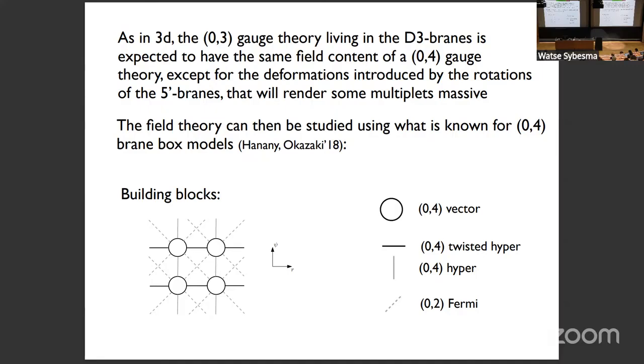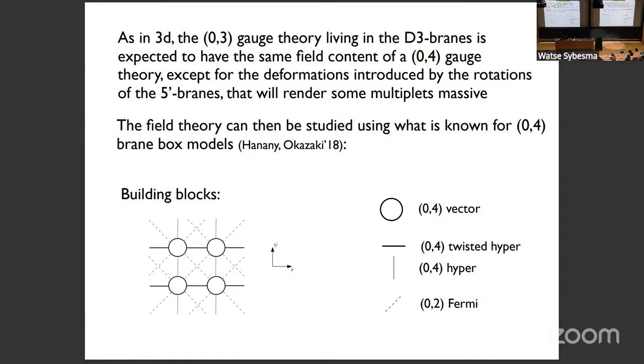This has been studied, and you find that the open strings that end on the same stack of D3 branes have the field content of a 0-4 vector multiplet. If they are connecting the D3 branes across NS5 branes or across NS5 prime branes, you have the field content of what are called 0-4 twisted or untwisted hypermultiplets. These contain scalars and right-moving fermions, and the twisted or untwisted depends on